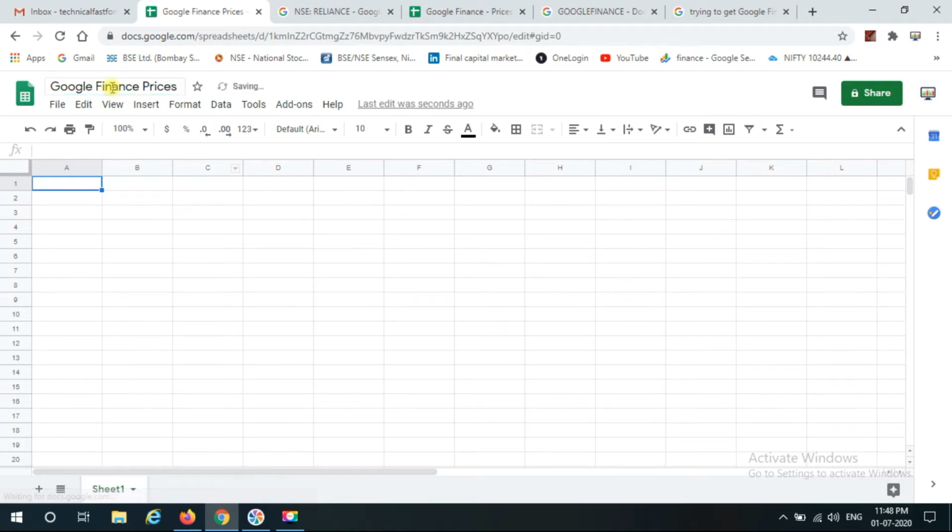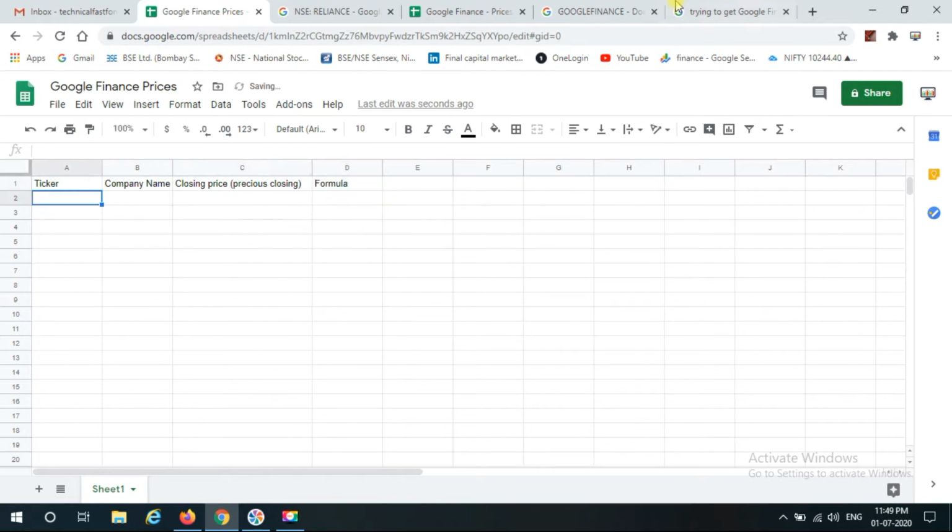The most important things to extract prices from Google Finance are the ticker, the company name, and whatever you need. I would require the closing price of yesterday, that is the previous closing. And of course I will give you the formula as well.